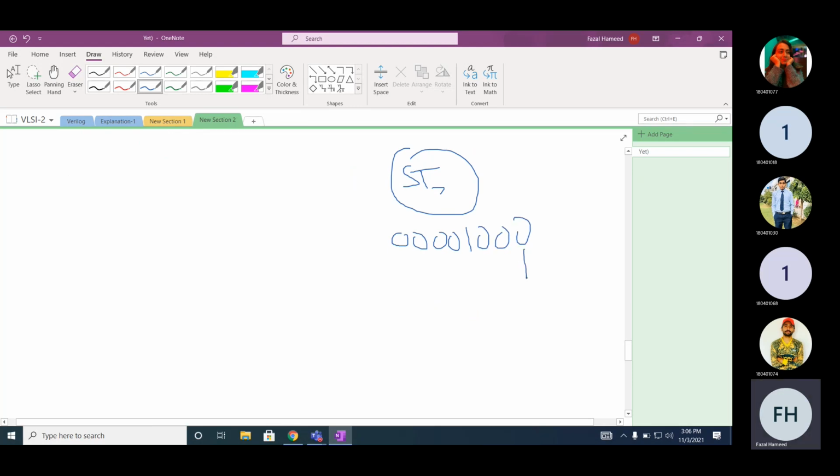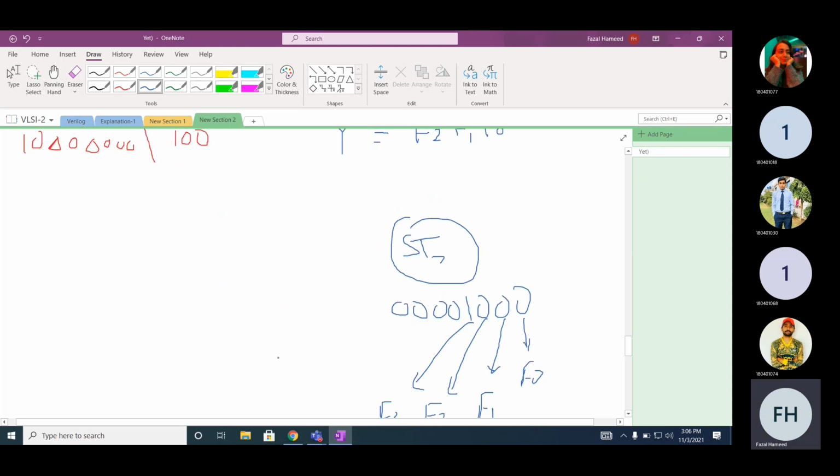So now this is your F0, F1, F2. Let's assume we are using one hot encoding, and let's assume this is the encoding. What will be the value of Y in this particular example?